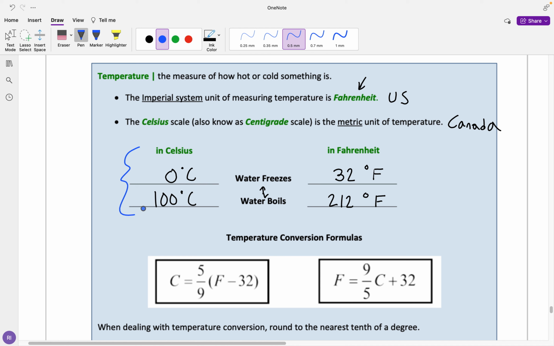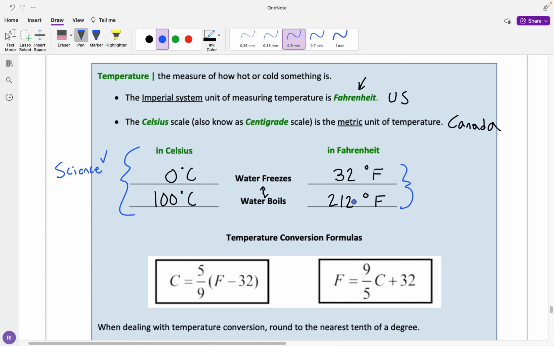Some of the benefits, I guess, to both: Celsius is really good for science, just because it's nice having 100 values between freezing and boiling, whereas Fahrenheit, when you get used to it, is kind of more relatable for human temperatures and living ranges. There's a lot more numbers between